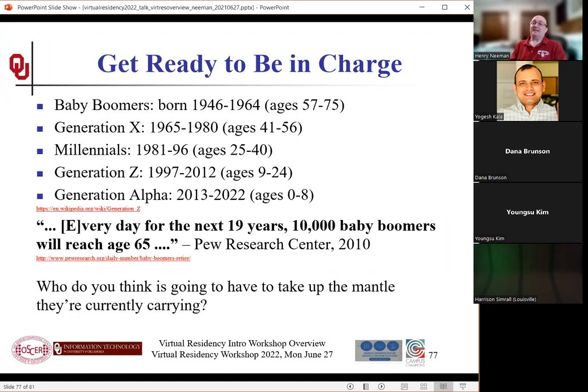Every day, this was said 10 years ago, right? 12 years ago. There's still plenty of room to grow yet. Every day for 19 years, 10,000 baby boomers reach retirement age. Every single day. Now, not all of them are retiring at 65, right? And I don't necessarily plan to retire at 65. But that gives us a feel for the rate at which wisdom and experience is being drained out of our community. And they deserve a retirement, and a wonderful retirement. They've done amazing work. But that means we need to be ready to step up and take the reins.